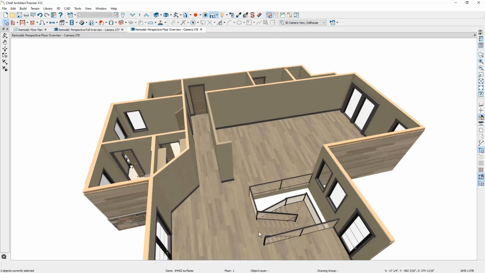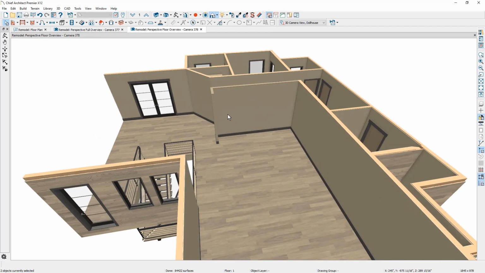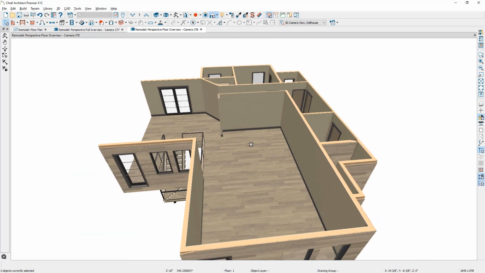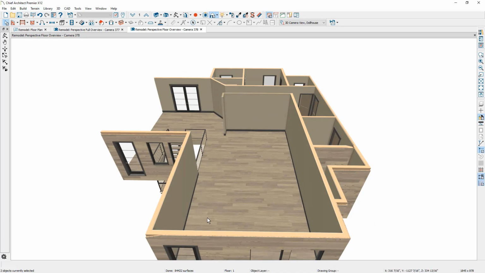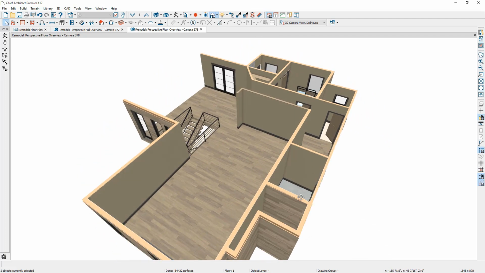Now you can see that we've opened up the plan quite significantly. We reduced the wall height in here and we added the additional space for the alcove for the kitchen, and then we created a space over here that we're going to use for an added pantry. You might notice that this wall type in here is using the exterior wall. Let's go ahead and open that up and make that change.